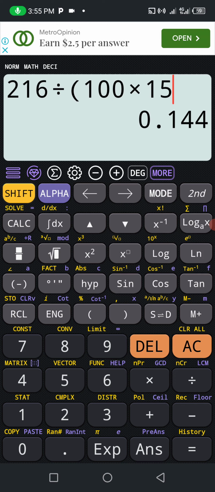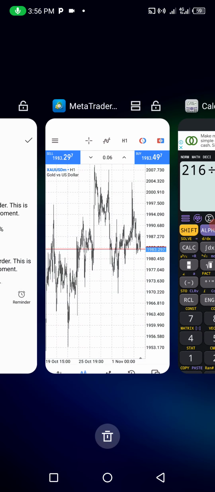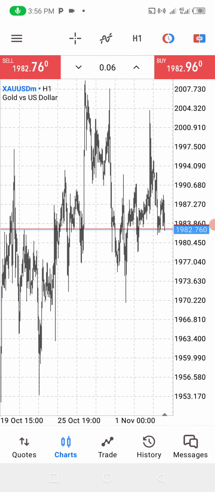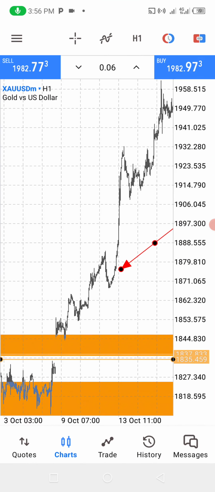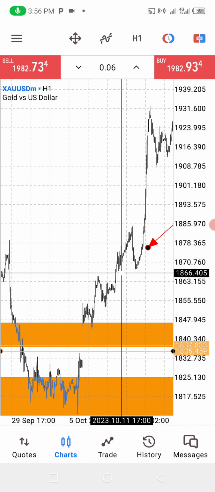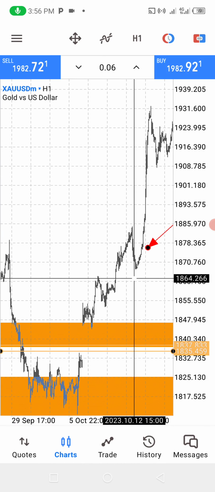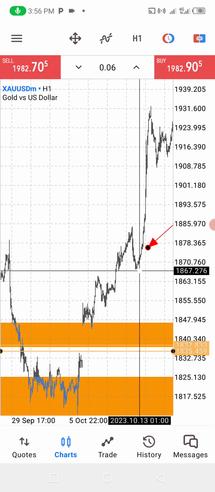Okay, so I'm going to give more examples. So you are going to multiply by 15 pips because this is the stop loss pip now. Even though our stop loss is not changing, the stop loss pip is changing. So here we are not going to be using 0.14 lot size. We are not going to use 0.14 lot size, and this could be the last lot size we are going to be using. So we are going to lump more positions here. This time around the total risk will increase.